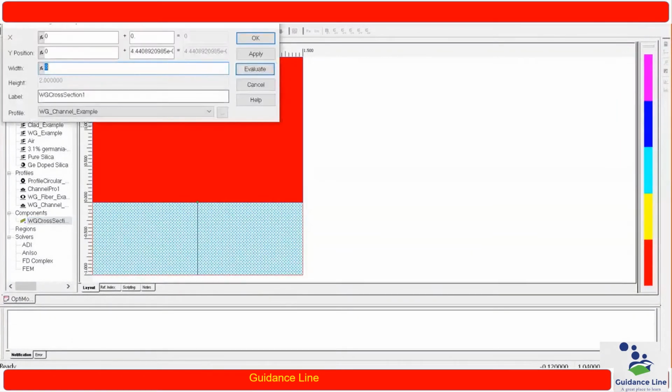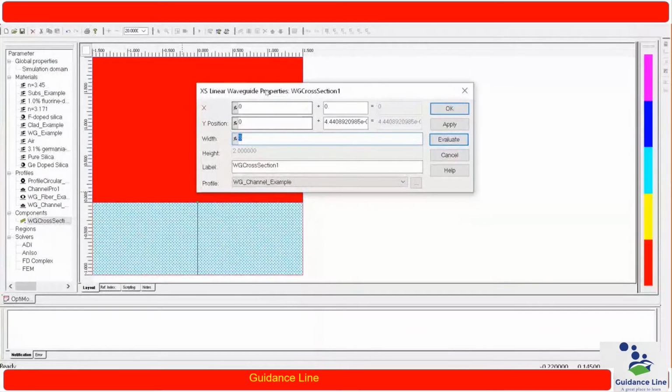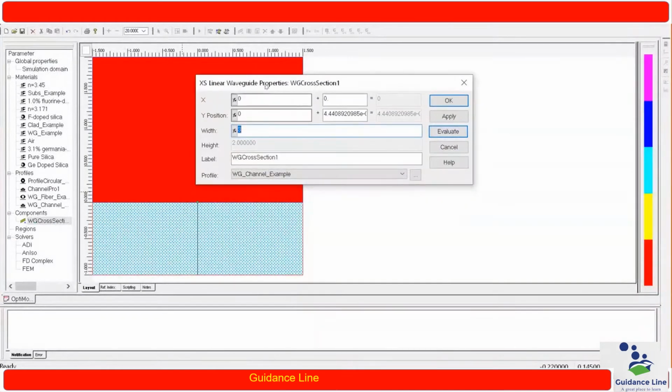So in this particular waveguide, as you can see, on double clicking on the waveguide cross section, we have a properties dialog box opening over here, and in that properties dialog box we have to define a value. So basically the y position and x position is 0.